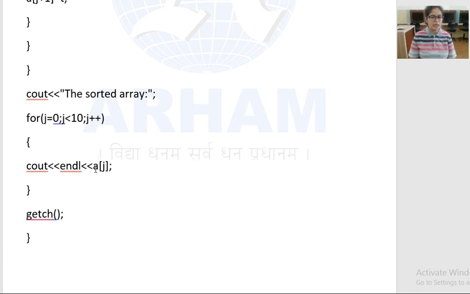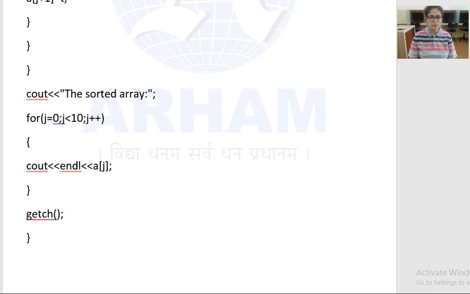The name of the array is A and j is the jth element. cout, endl is used to end the line. You can also skip that if you don't want to write it. Then A is the name of the array and the jth element. Close the curly bracket. The getch function is used to hold the output on the output screen, and then close the curly bracket. So this is the end of the program.